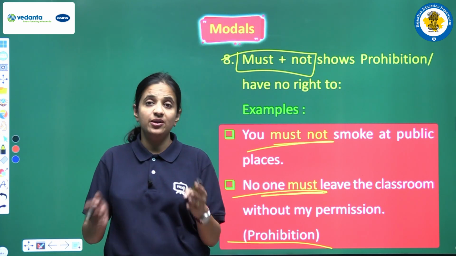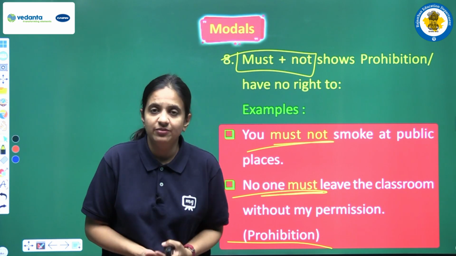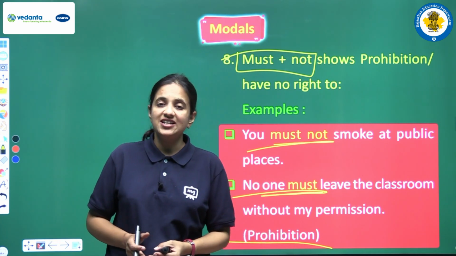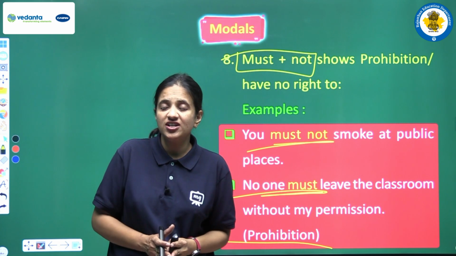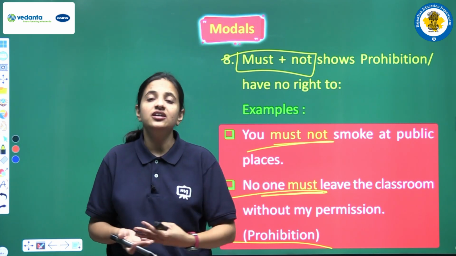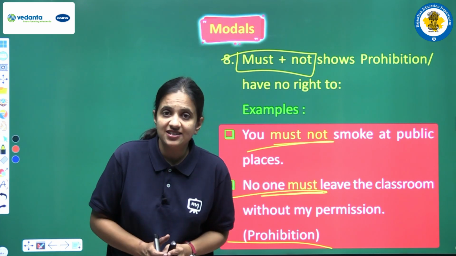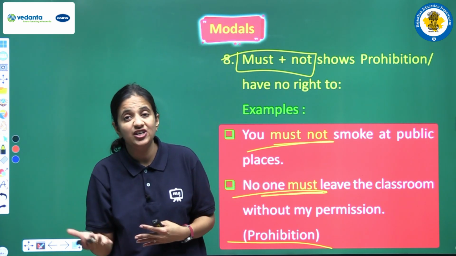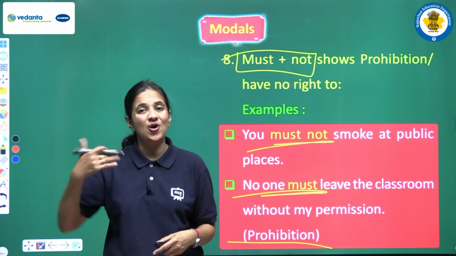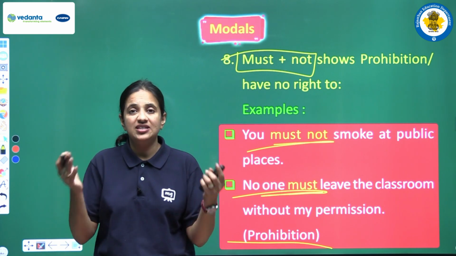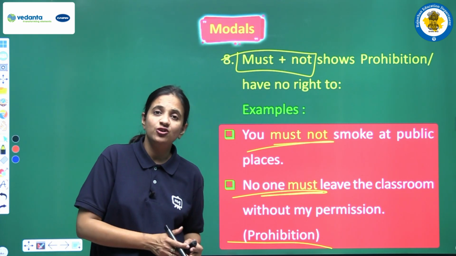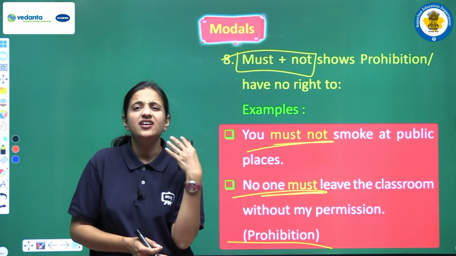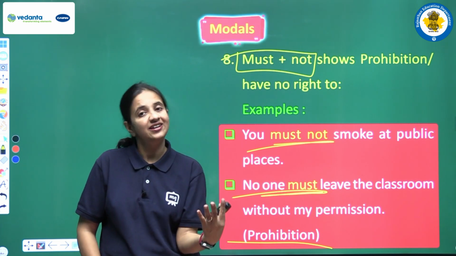Yes, it is also a very important model, and we have discussed its major uses. The most important use of must is that it shows very strong obligation, it shows compulsion, it shows very strong necessity of something, and in the same manner it is used to show strong determination, strong possibility, strong order, strong command. So with the help of must, we just want to show something that is totally inevitable, something that is very necessary, very compulsory, right?